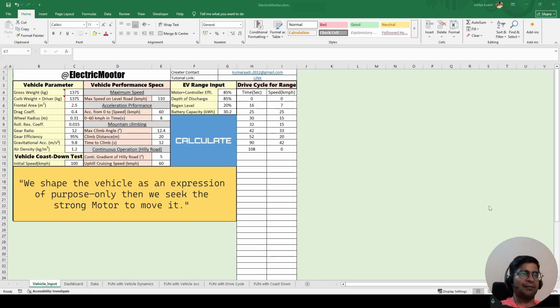Finally, we have come to this Excel sheet. But before even coming to this Excel sheet, we have done a lot of hard work. What we have done, we have derived a total of three formulas. The first, the vehicle speed as a function of time t. The second, the vehicle distance covered as a function of time t. And the third, the energy consumption per kilometer, or in other words, watt hour per kilometer. And we are going to put all these formulas in this Excel sheet, and we are going to see the